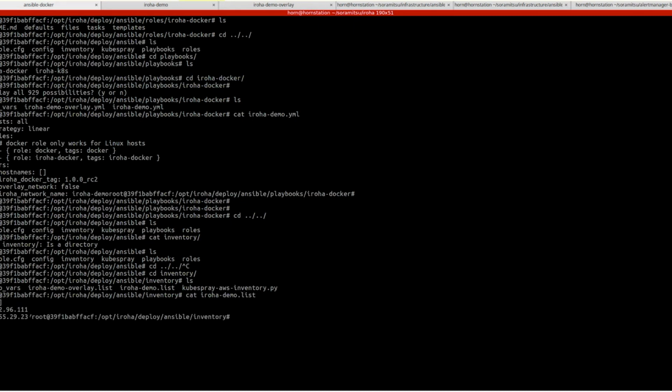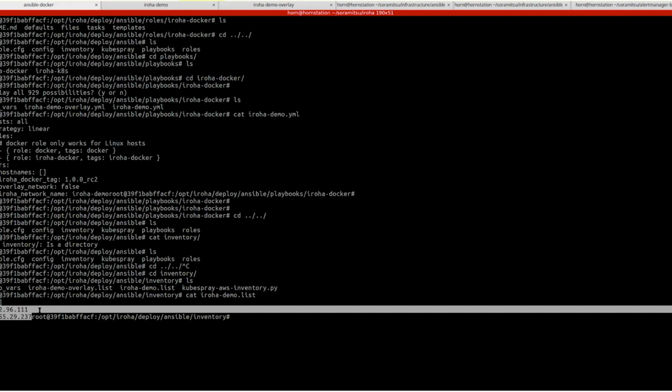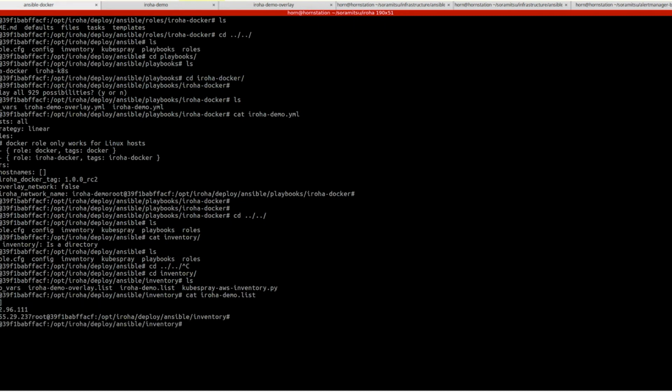And we'll be using two hosts to deploy several Iroha nodes on them. And since we don't want to just deploy one Iroha node on each host, this parameter is also tunable. We can say that we want to